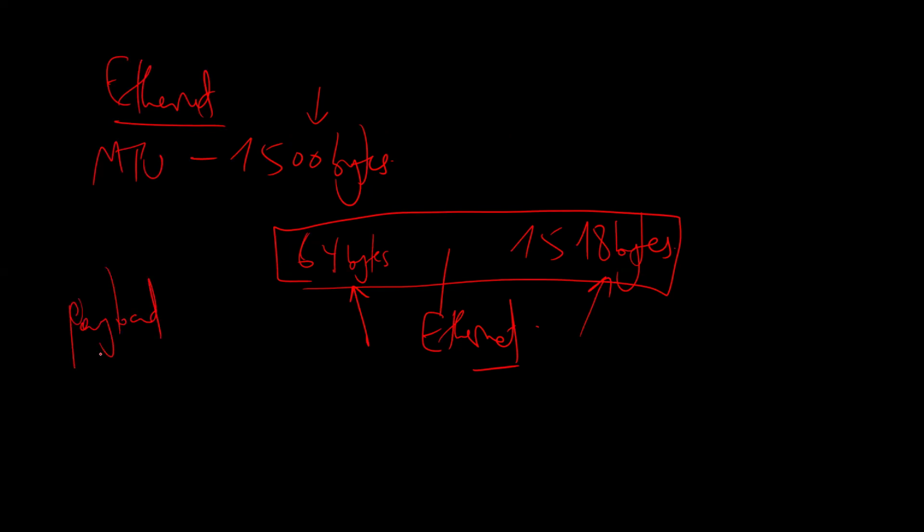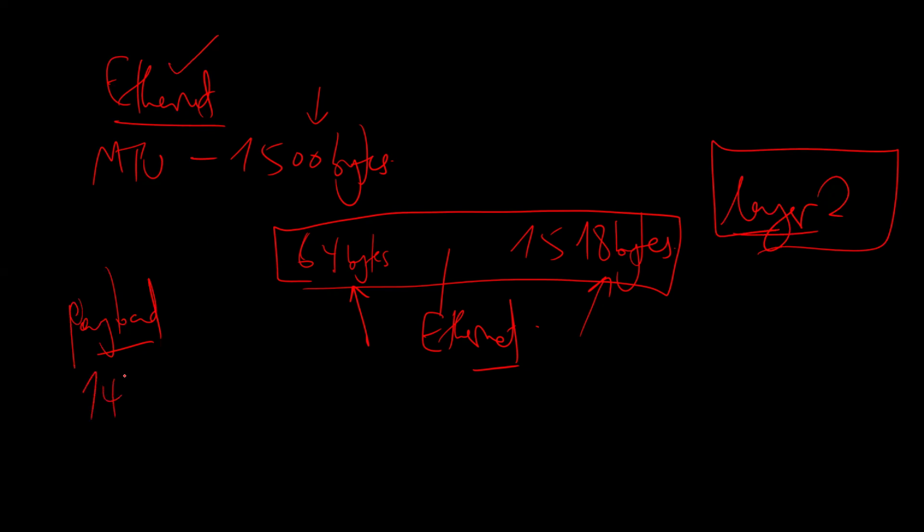It all depends on the technology you use. Ethernet is the most used technology at layer 2, the most common, so we use it as a reference. As long as you use Ethernet, the payload is supposed to be 1460 bytes. The data itself is wrapped with a header at every layer. 1460.